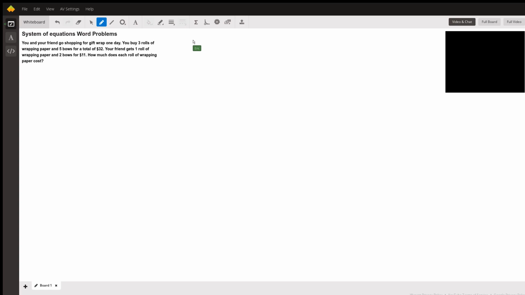So in this problem, we're going to need to solve for 2 variables, which means we need a system of 2 equations. So a system of 2 equations is just 2 equations and it has 2 variables. So if we use the variable W to represent our wrapping paper, and if we use the variable B to represent our bows,